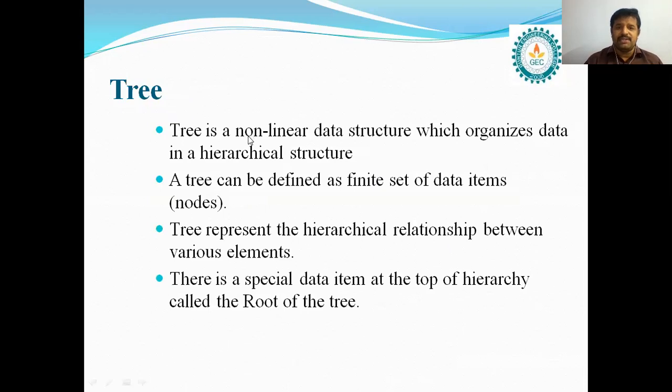And next one is a tree. A tree is a nonlinear data structure which organizes data in a hierarchical structure. Already we discussed that the tree is a nonlinear data structure where the elements are arranged in random order and which organizes the data in a hierarchical structure. A tree can be defined as a finite set of elements, and each element or item we can call a node. A tree represents the hierarchical relationship between the various elements. There is a special data item at the top of the hierarchy that is called the root of the tree. Already we discussed that in trees, the root is at the top